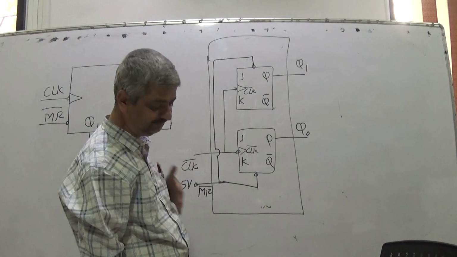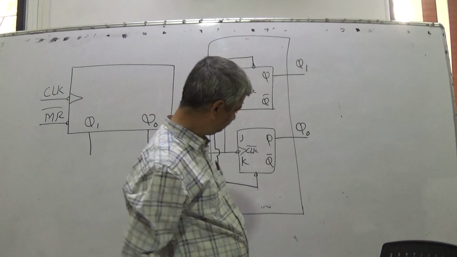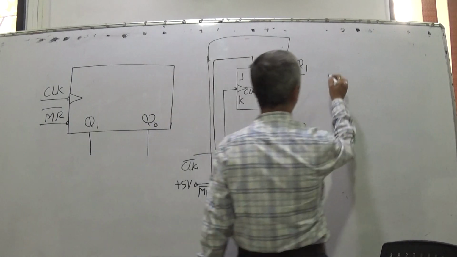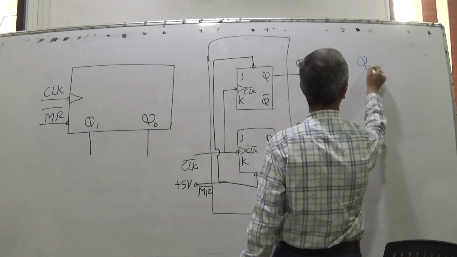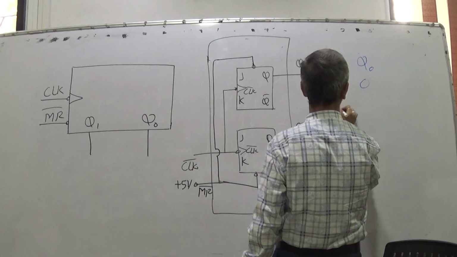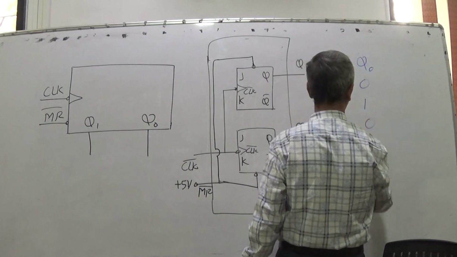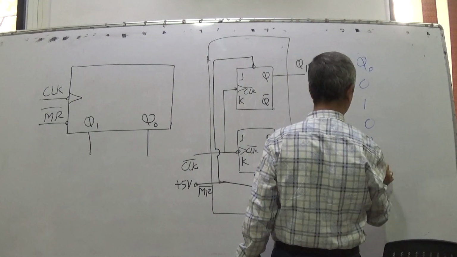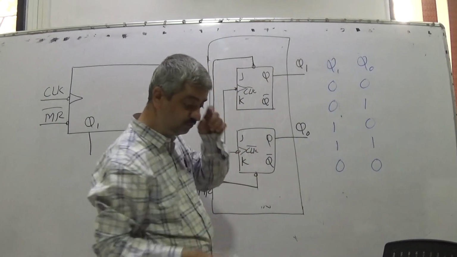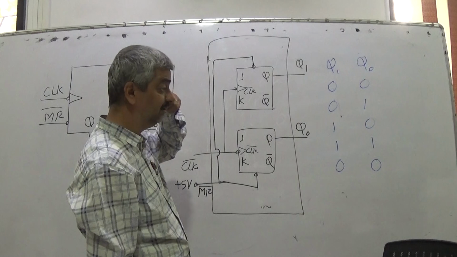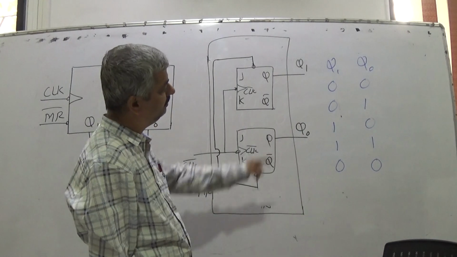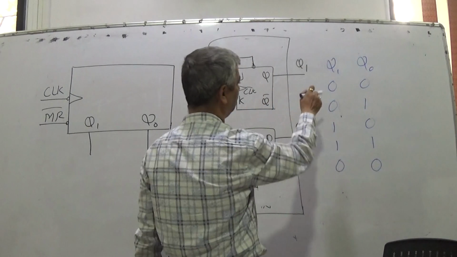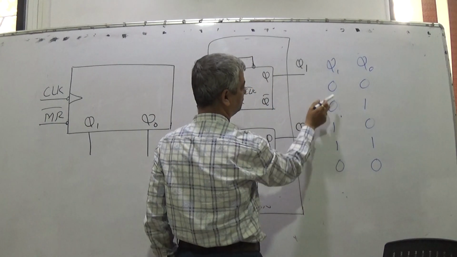Now what do we want, and what sequence do we want? Q1, Q0: 0, 0, 0, 1, 1, 0, 1, 1, then 0, 0. So what we want is this at each clock. After every clock, outputs must go on